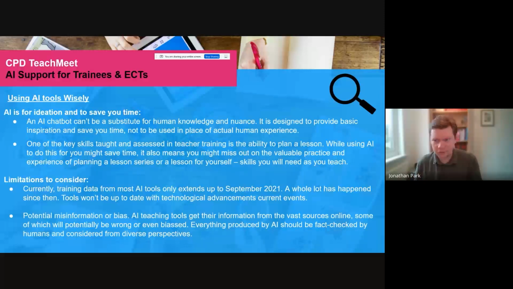I mean, one thought I've had since is plan a lesson manually, ask AI to plan a lesson, compare the two. Oh, that's a good idea. What are you doing different from AI, and is it better? Because sometimes it will be, but sometimes, particularly in the early years, AI will come up with a really obvious answer and you think, oh, I should have done that.